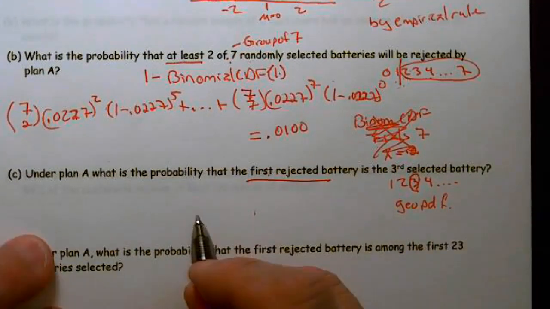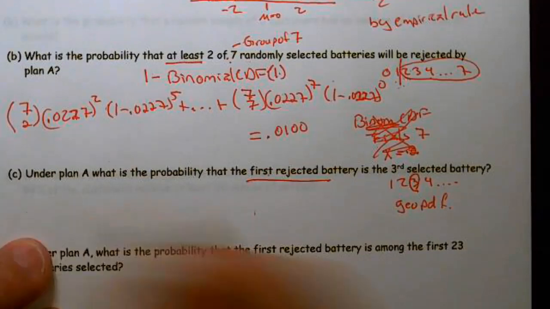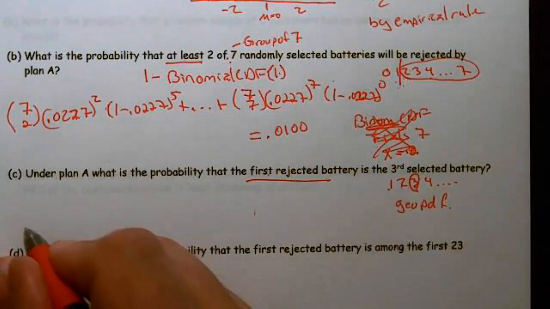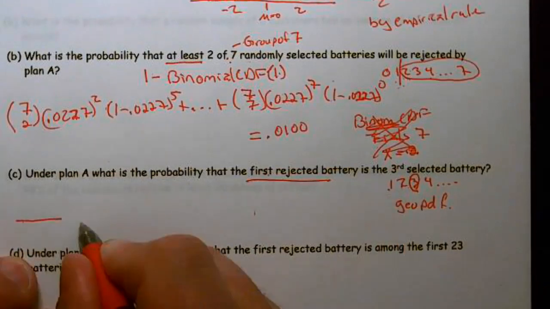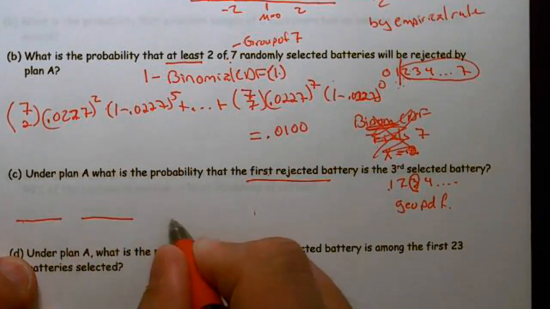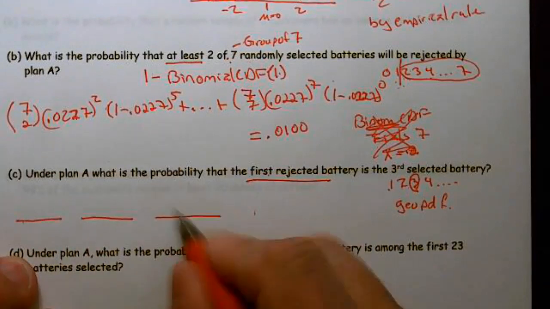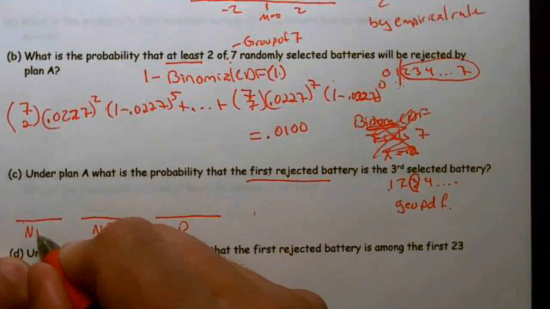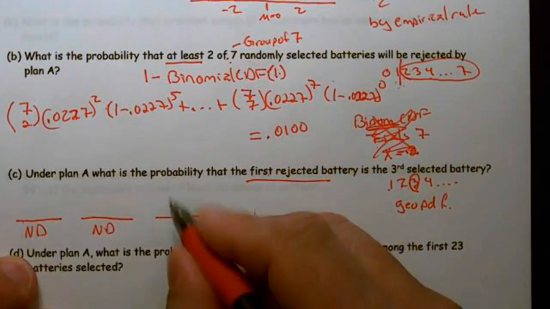And so basically, it can't be on the number 1. It can't be on number 2. It has to be specifically on number 3. So I'm going to have 3 blanks, 1, 2, and 3. This one is defective. This is not defective, and this is not defective. The probability that this is defective is